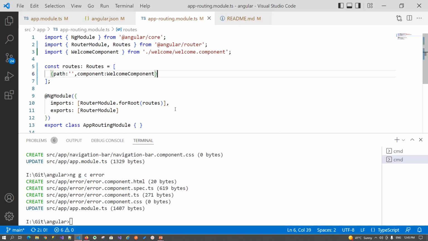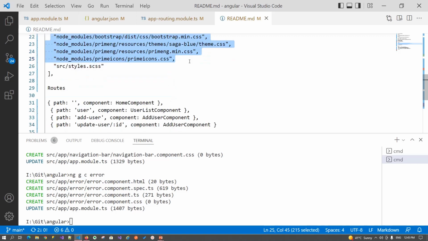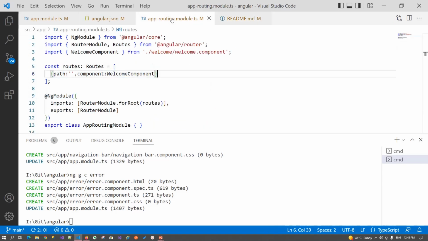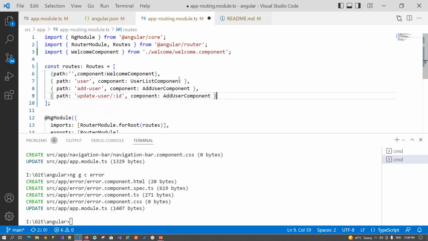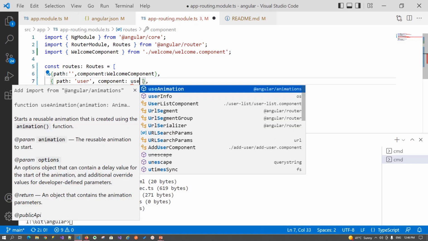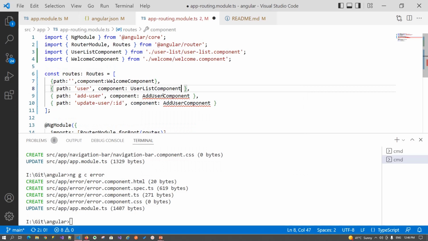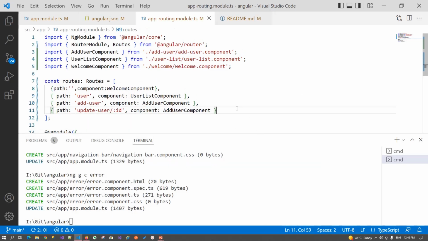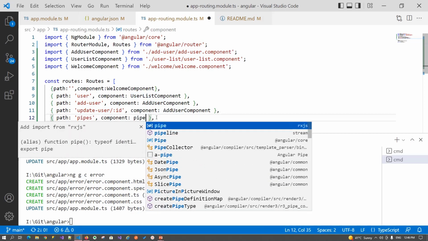So let's quickly add our other components also. The second is the user list component, and the third is the add user component, and then the other two components that we will use for the other demos, that is the Angular pipes and the directive demo. So add that also. For this, the pipes component,